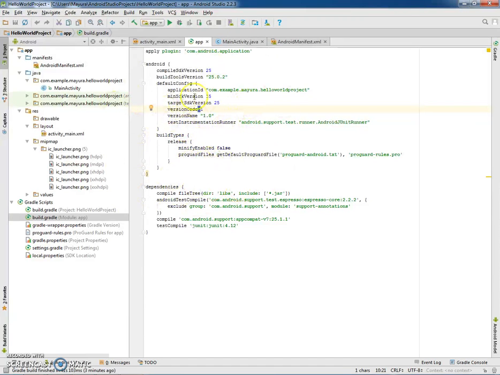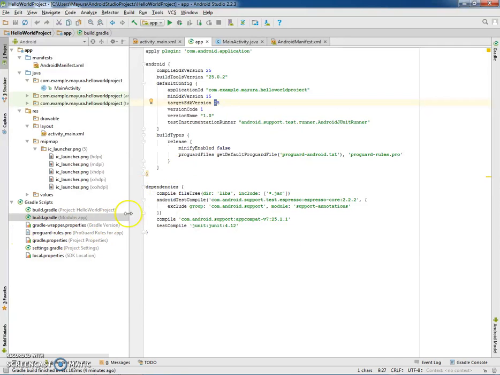So in our case, our application will be running on devices which support Ice Cream Sandwich, that is API level 15, up to the recent one, which is Android Nougat with SDK API 25. So we'll be compiling the application with the latest one, that is the build SDK version is 25, and it will be supporting devices which have API level 15 to 25, and this information will be present in the Gradle file.